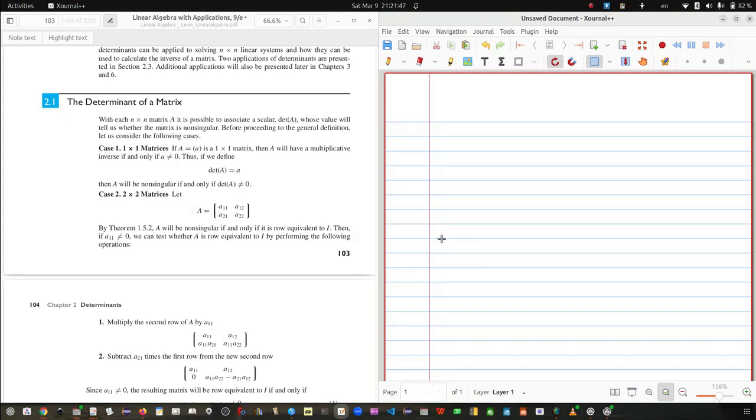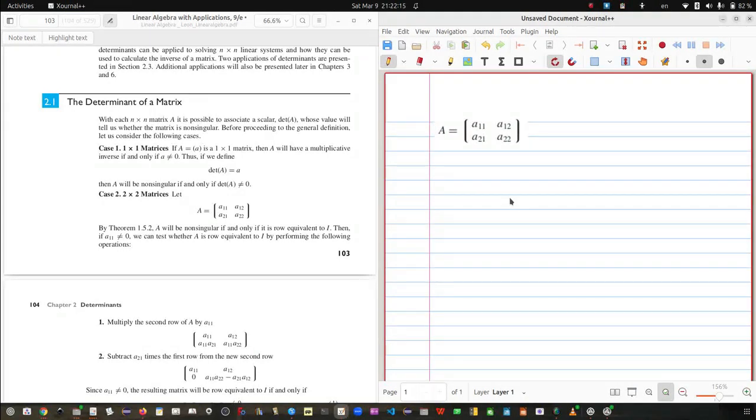Let us talk about the determinant of a matrix. This is chapter 2 of the textbook, and it is the third week of the syllabus. So when we are talking about the determinant of a matrix, first we refer to a matrix, which is basically 4 elements, 2 by 2, and we refer to each element of the matrix by the row and